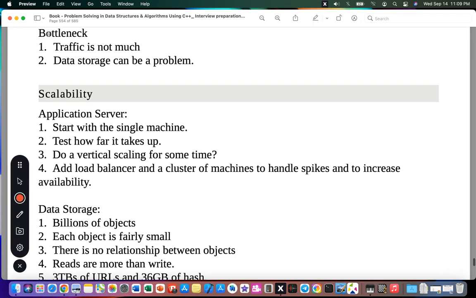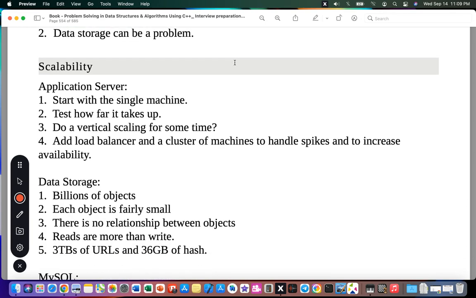And the bottleneck: what are the bottlenecks in this system? Traffic is not much. Data storage can be a problem. The storage is huge. The traffic is not much because it always sends 500 bytes. That's not huge. It's not video streaming, it's not audio streaming.